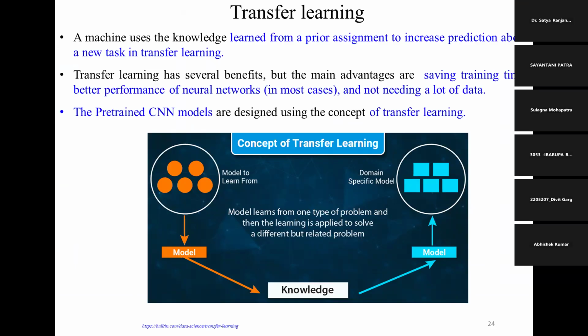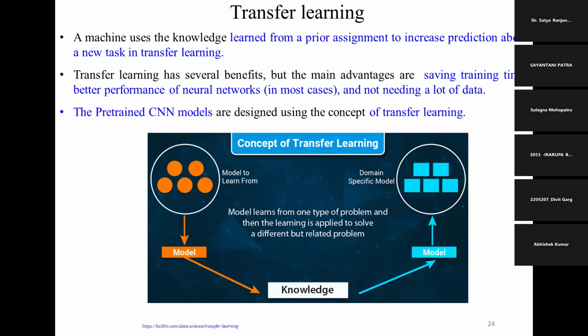Some researchers, after the CNN architecture became very popular in 2018 or 19, said around 2020, why go for creating this many layers and everything? If someone has already created a model and an architecture, why not reuse it? It's just like if you want to make your house from scratch, that's good, no problem. Or if someone has already built a house, maybe a builder, you just pay the money and stay there with a little bit of interior modification. That also is quite good.